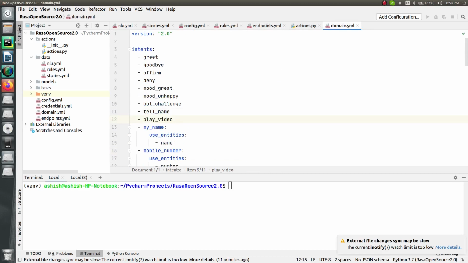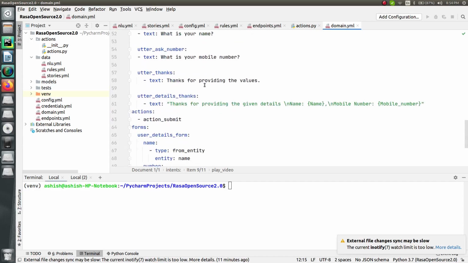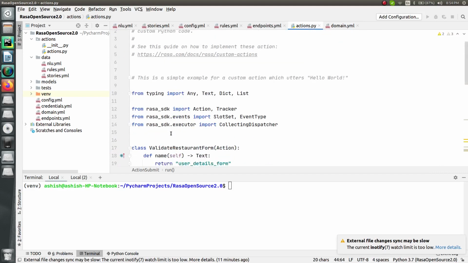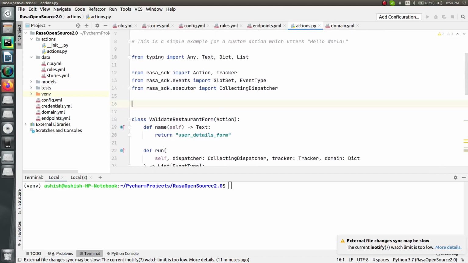So the intent is added. Based on that, the second thing is you have to add the action. But this time we are not adding any utter action like we did before. This time we will add a custom action, and that custom action will be added inside the actions.py, right? So go in here, and inside this we simply have to create a new class, and that class will be a custom action, right? So let me just add it.